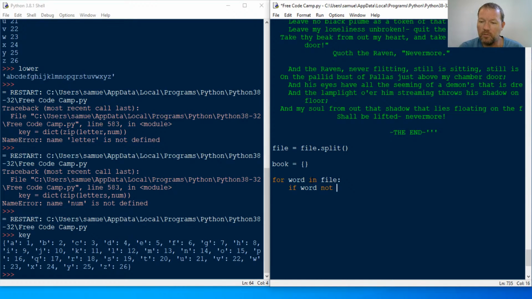However you want to think about this, we're going to look at it. If it's not in the dictionary already, we're going to create it and assign it a count of 1. If word not in book, then book, then our key, so it's word. That's our key, equals 1. Else, then book, word, plus